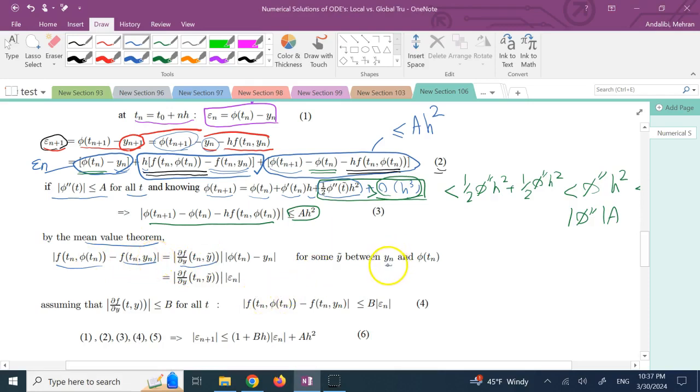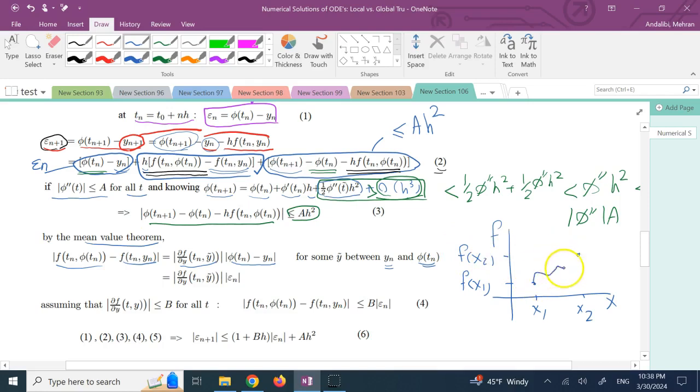Between, and by inside the range, meaning between yn and phi of tn, times the difference between phi of tn and yn. Remember, the mean value theorem says that if f is a continuous function, right? So this is f and this is x. And if I have 2 points, x1 and x2, and this is f of x1 and f of x2, I'm just telling you in case you forgot that,